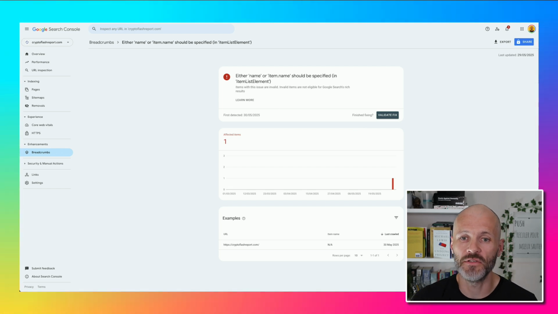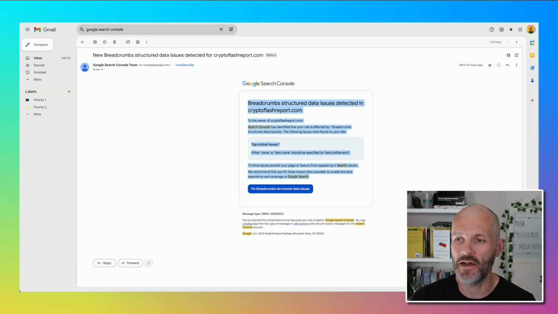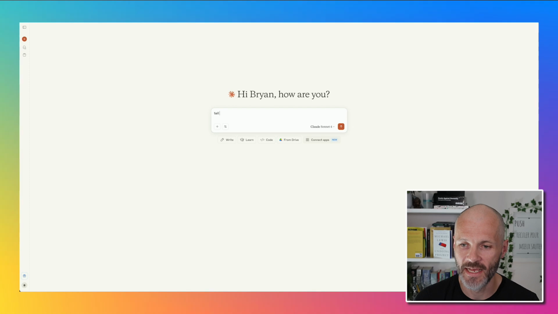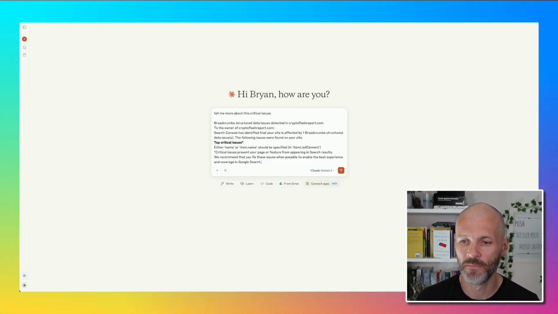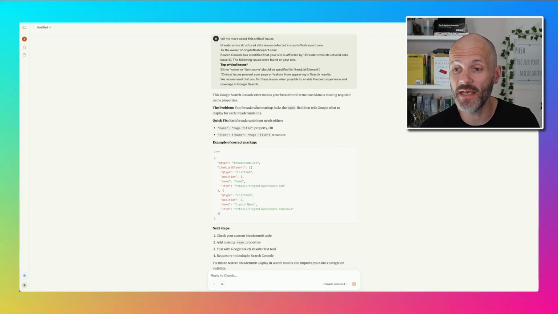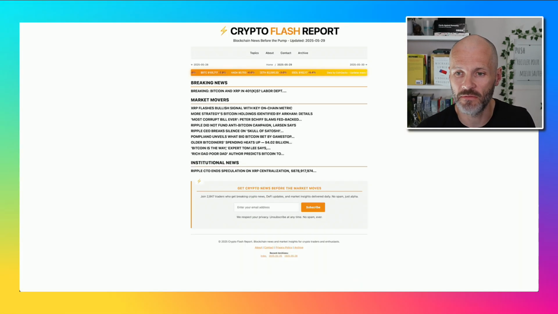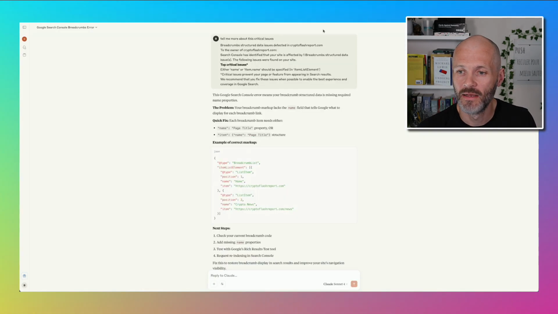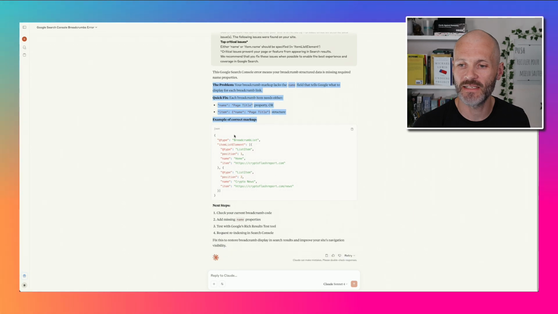So the first thing that I'm going to do is copy the error, and I'm going to head over to Claude and say, tell me more about this critical issue. Now Claude is explaining exactly what's wrong with my site. So according to Claude, the problem is the breadcrumbs on the Crypto Flash Report. So this would relate to the navigation I have at the top, which is missing some required name property. So this is really bad for SEO and also for user experience. And it's also provided me a quick fix as well as an example of correct markup